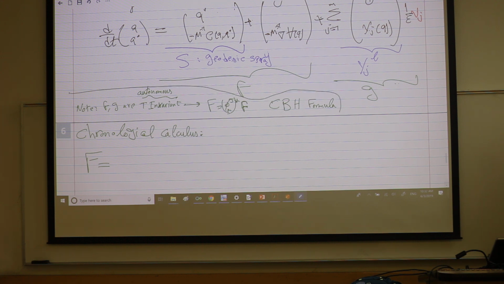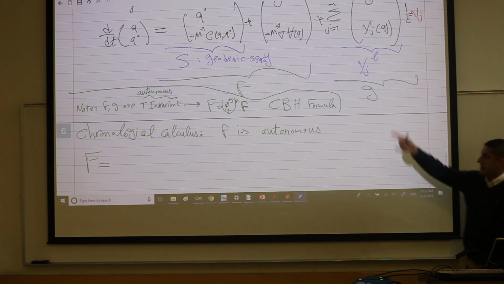So this is not on a side. But my G is time varying. I will not be able to apply the Campbell-Baker-Hausdorff formula directly. So this is a generalization. But it's not for any F and G. F here is autonomous, G can be non-autonomous, that's fine. So for an autonomous F, time invariant, like typically the case